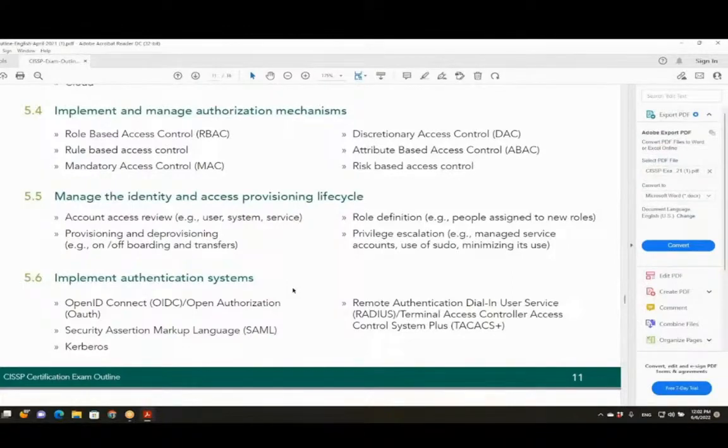So the role definition: it's much easier in most large organizations to have role-based access controls. And in some cases, depending on their job role, especially if it's hybrid in a small business, they might have a role-based and a discretionary access control. But it gets more and more tedious in larger organizations to